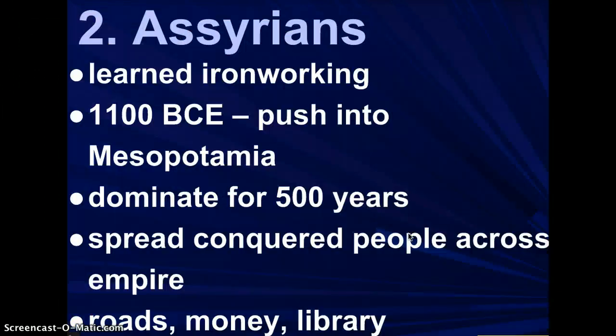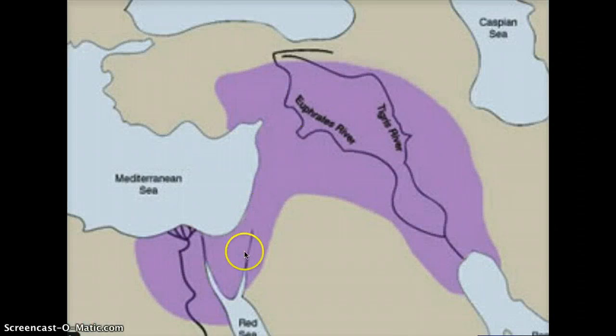And they are going to be followed by number two, the Assyrians, who are going to take the Hittites' ironwork and push into all of Mesopotamia. They're going to dominate for 500 years. 1100 minus 500 means they go from 1100 BCE to 600 BCE. They are going to build roads to move their military and to trade. They're going to bring the concept of money and the idea of a library. And here you can see the Assyrian area in purple,